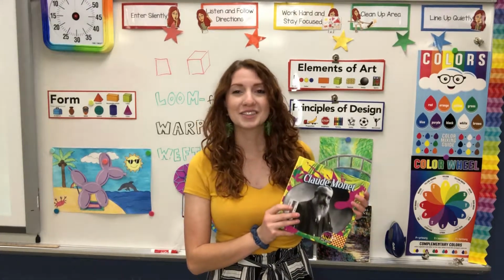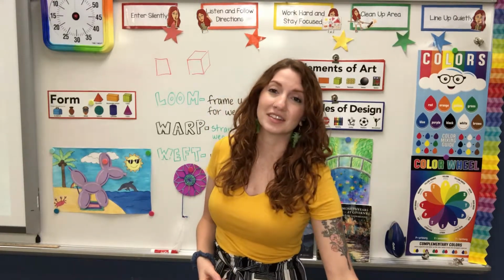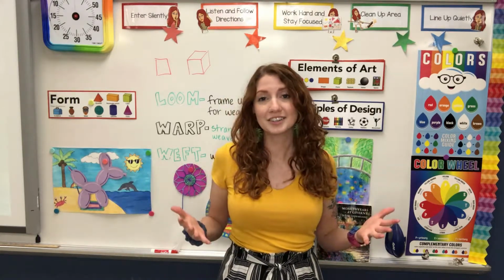Last art rotation we learned all about the French artist Claude Monet. And so we learned that he likes to paint outside, his favorite thing to paint is nature, and that he was a part of a group of artists called the Impressionists. They were called the Impressionists because they tried to capture a feeling or a moment. So they had to paint really quickly, they used bright colors, and they weren't worried about making their work look